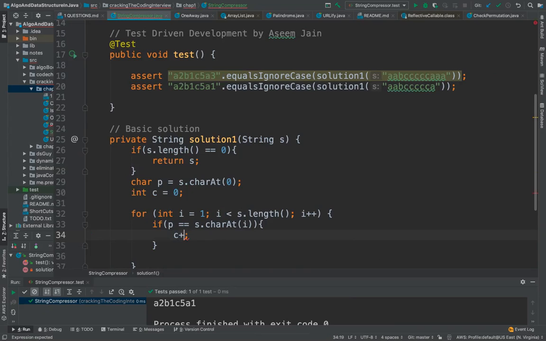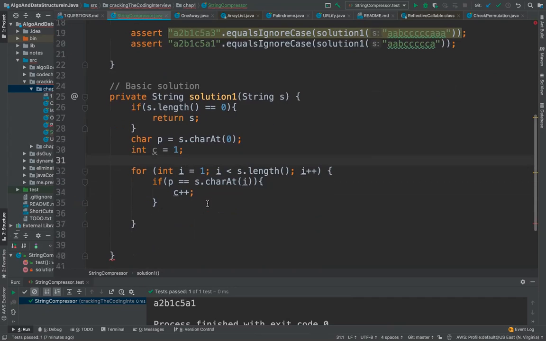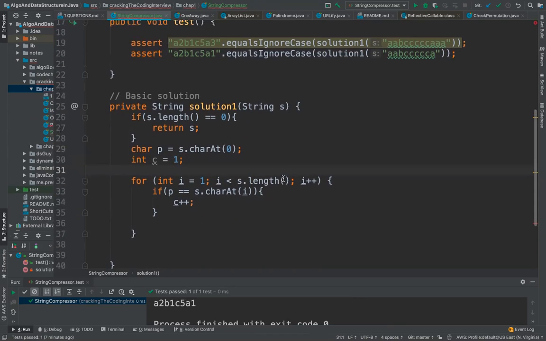You should start this with 1 because whatever the first character is, you already know it's there. So next time it iterates, let's say A, it would make it A2.